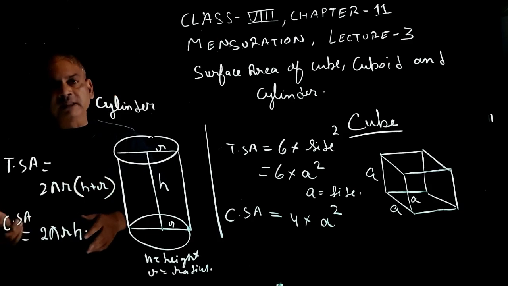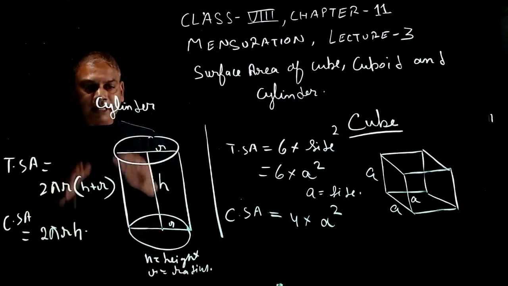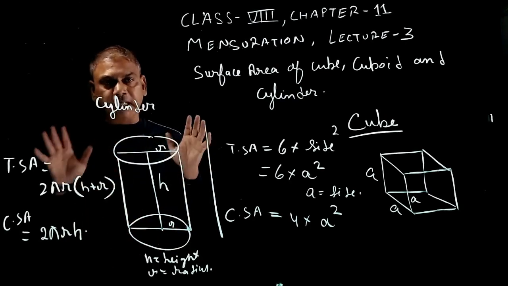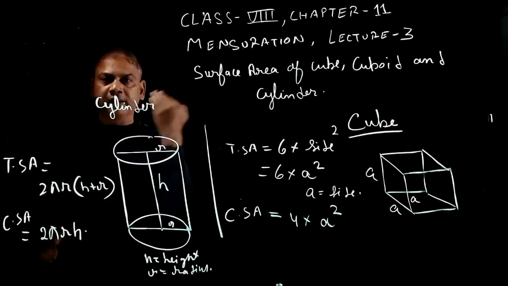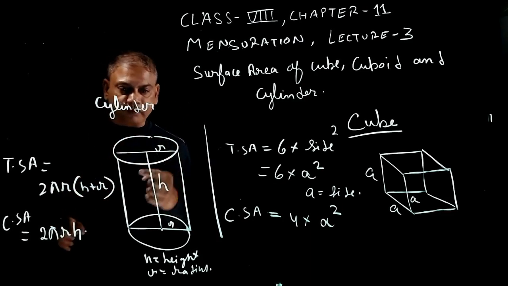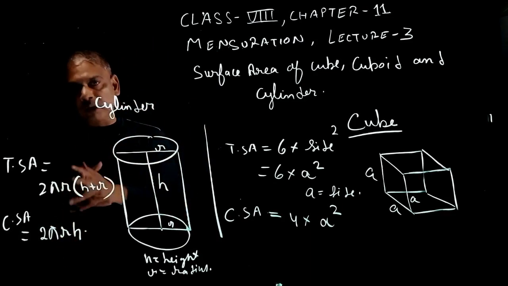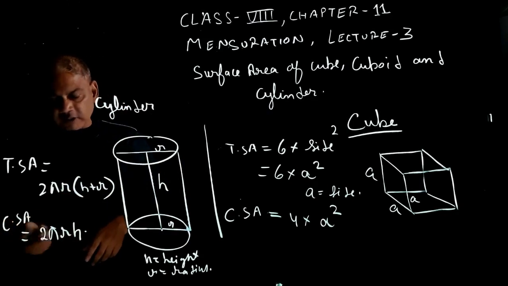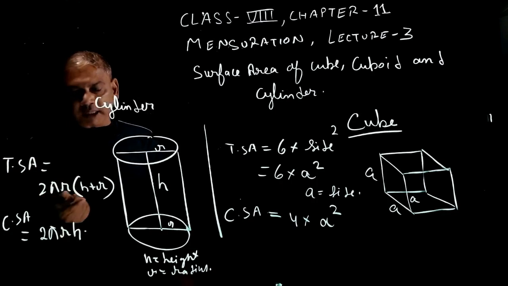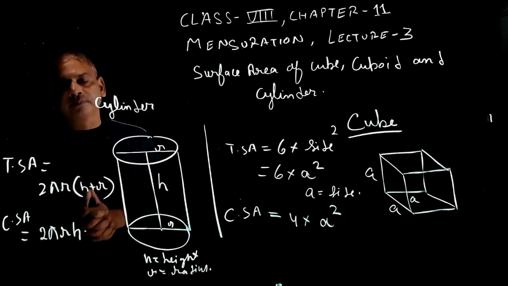Now student, when we use curved surface area, again in cylinder also we will exempt, हम top नहीं लेंगे और bottom नहीं लेंगे, only the curved area, जो हमारा curved है, only this part, we will not include the top, we will not include the bottom area, right? So curved surface area is equal to 2 pi rh, total surface area is equal to 2 pi r h plus r. Good.